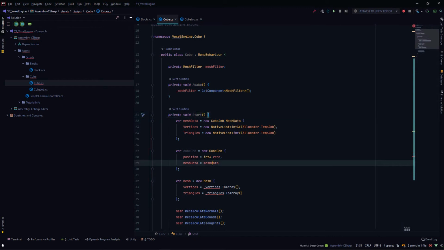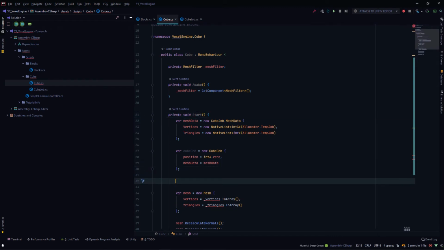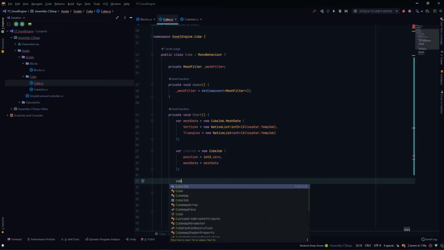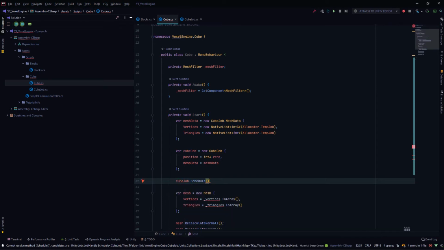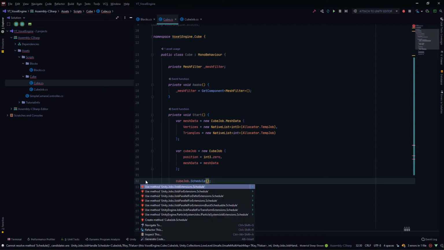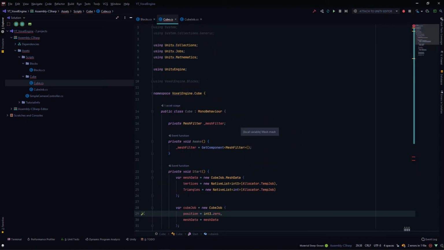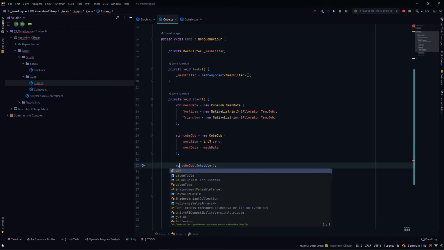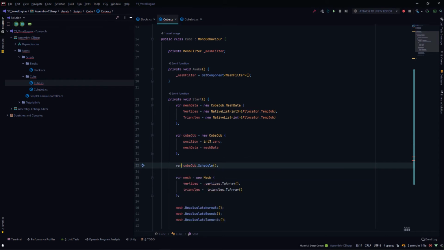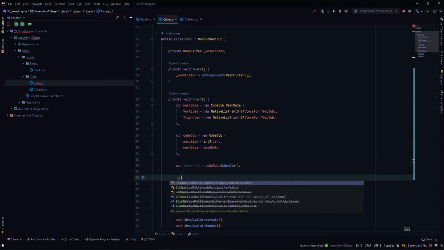Okay, next, once the job is created, you need to schedule that job. So we'll call cubeJob.Schedule, and this returns us a job handle. I don't know, some import error there. So we'll store the job handle here, var jobHandle, and finally we need to call the complete on the job handle,